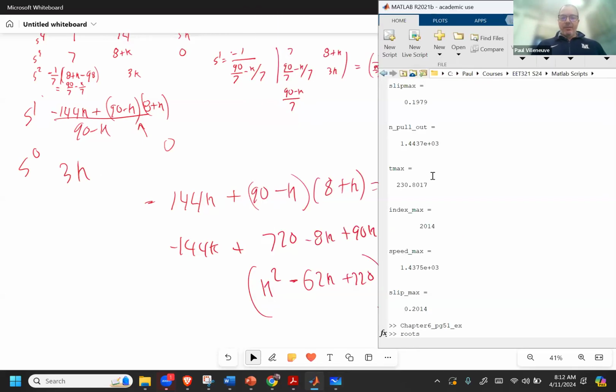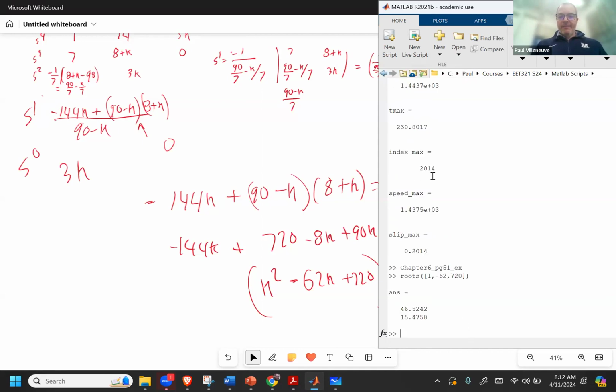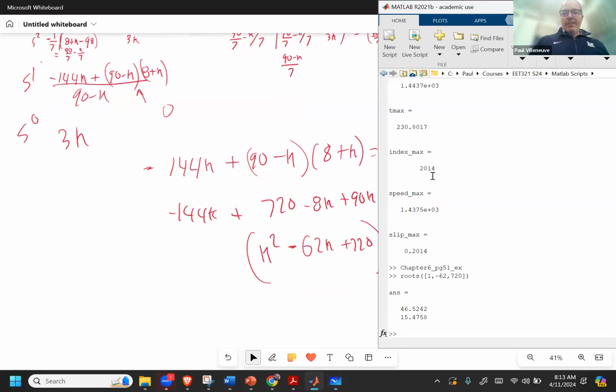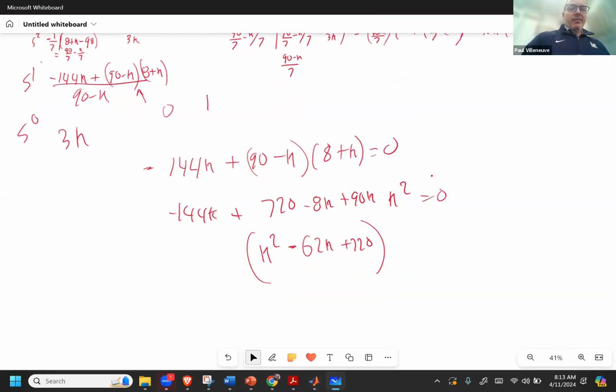So roots of 1 minus 62 and 720. So I've got 2, I've got 45 and 15. So anywhere between there, it should give me a value of k. So let's plug in 15.47 whatever. Let's just call it 15.5. So k